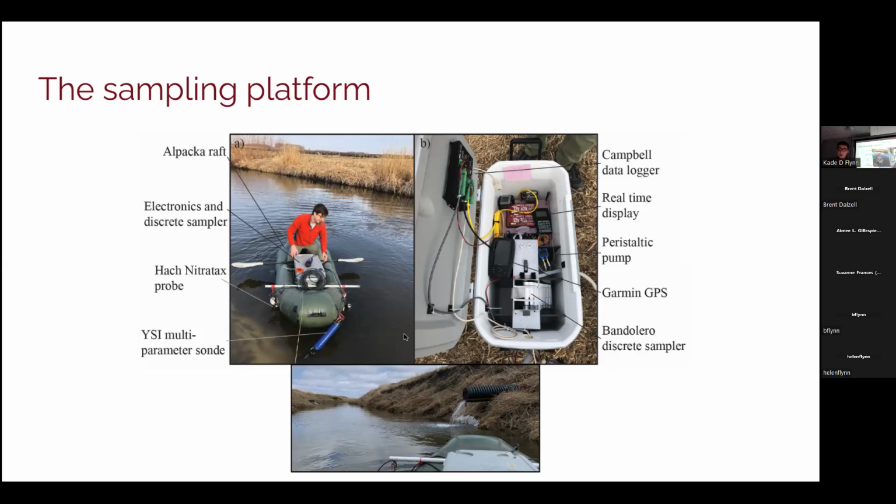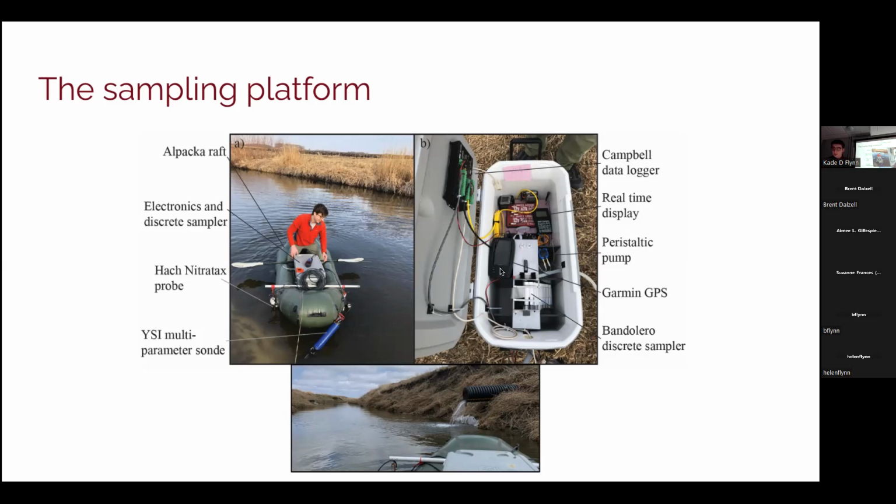On the exterior of this packraft, there are spectrophotometers and other sensors that are measuring directly within the water profile of the stream. These sensors are logging on internal data loggers stored in this cooler, which also houses a GPS unit. So each time these sensors take a measurement within these streams, it's logged on the data logger, and we have a coordinate showing the location at which that measurement was taken. This occurs at a pretty high frequency, so we have a measurement every 10 to 50 meters within these streams.